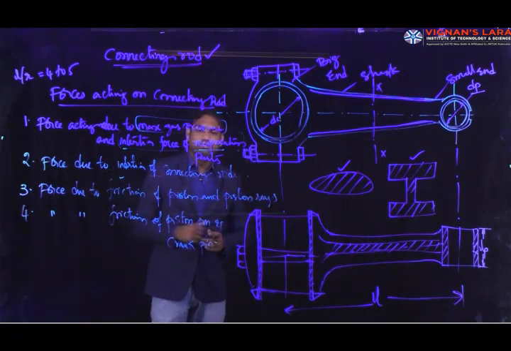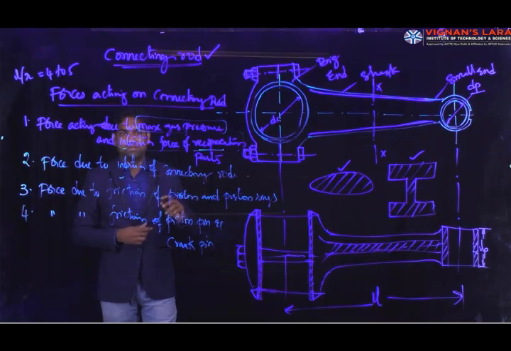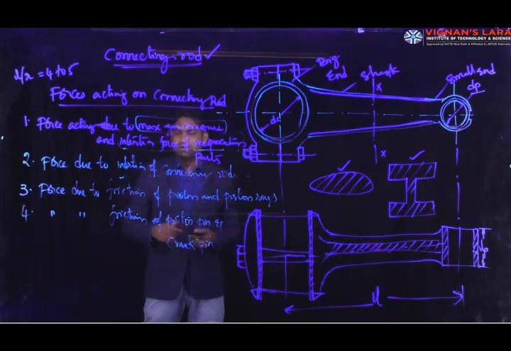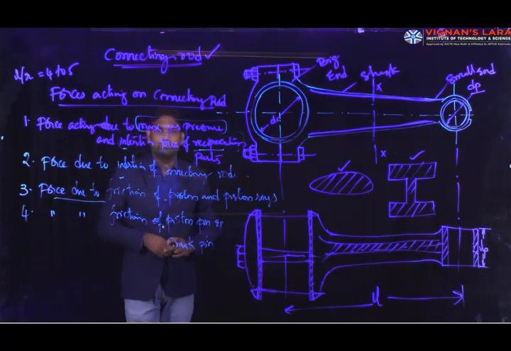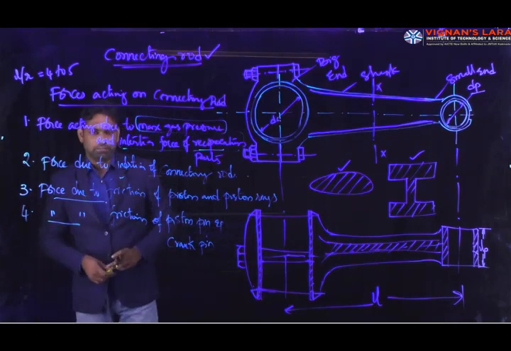And the second one is the force due to the inertia of the connecting rod, that is due to the self weight of the connecting rod, it will act as an inertia force. Again, this inertia force can be resolved into two components. When it is acting along the axis of the connecting rod, it will add to the maximum gas load, that is the maximum load acting on the connecting rod. But when it is acting perpendicular to the connecting rod, that will cause a bending action, so that stress we call a whipping stress. And the third one is the friction between the piston and the piston ring, so that will cause another force acting on the connecting rod. And the fourth one is again friction at the piston pin and the crank pin, which gives rise to another force acting on the connecting rod.